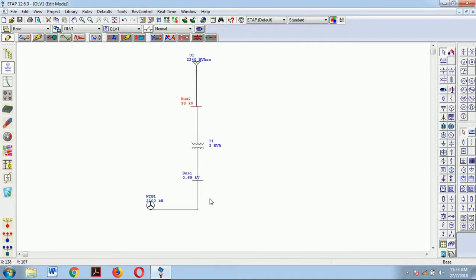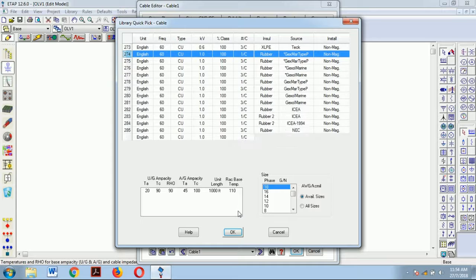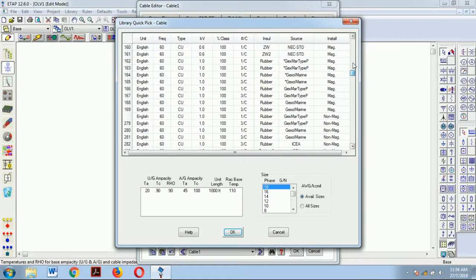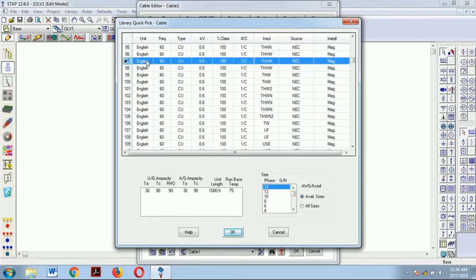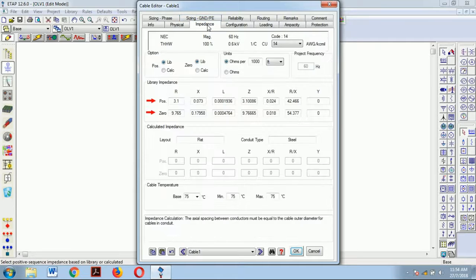I can add a cable in between, increase the distance between the generation and the utility grid, and see how much the power loss is increased. I'll put a cable here. Now double click on the cable. You can mention the length of the cable. I'll keep it as 50 feet. ETAP gives you an option of a library. You can select from the default library any manufacturer specification as convenient to you. I'll select the library. There are a lot of cables there. For the time being, I'll select any one.